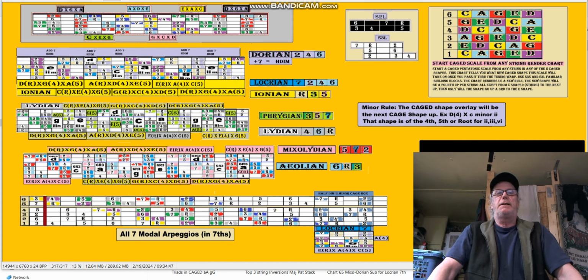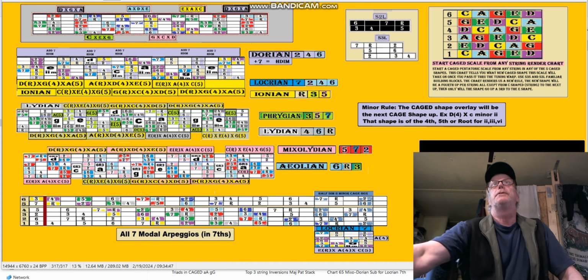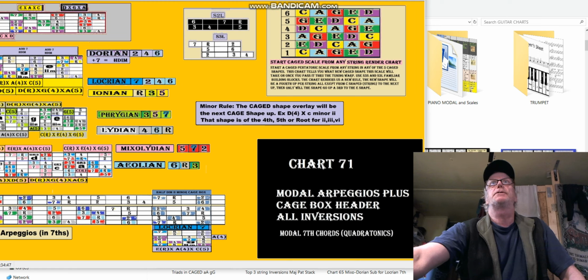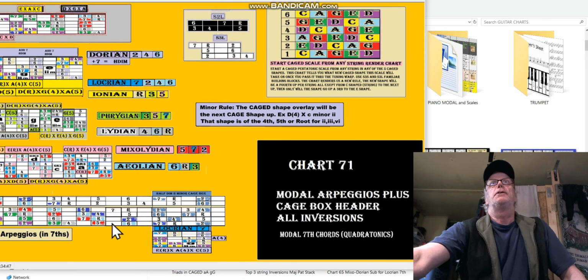Hey everybody, Andy's free guitar chart videos here for chart number 71, which is going to be about this chart. The previous charts kind of led up to this one. It's called Chart 71: Modal Arpeggios plus CAGE box headers, all inversions, and on the bottom there's modal seventh chords,